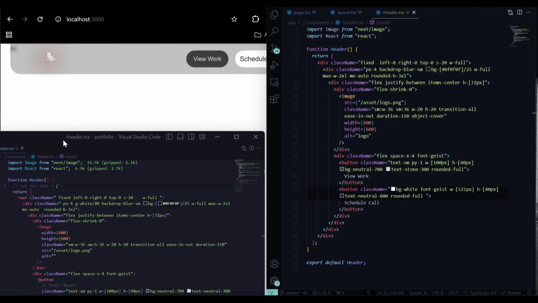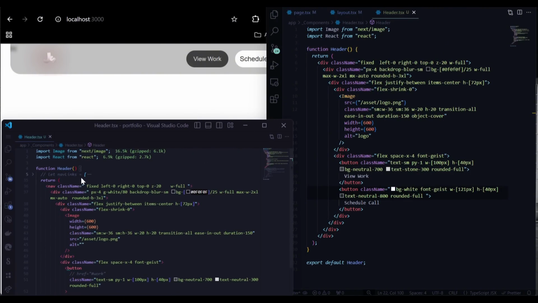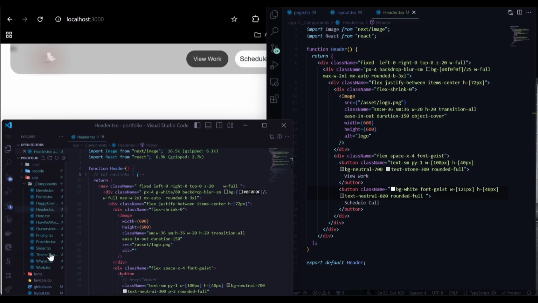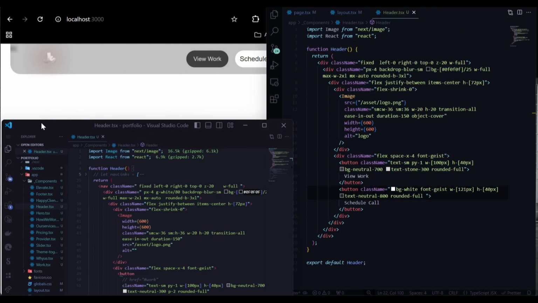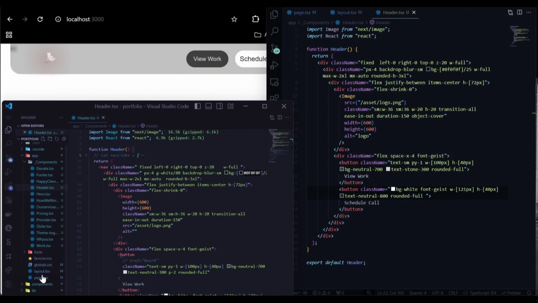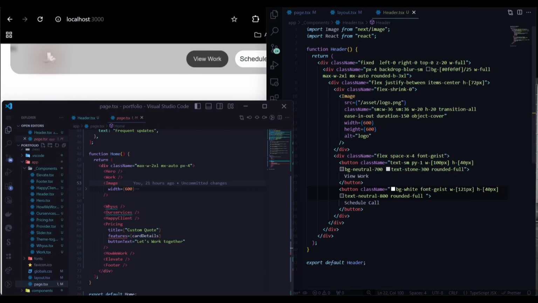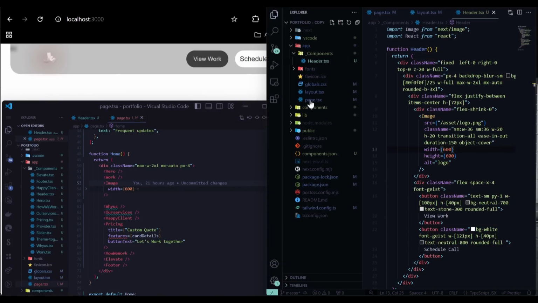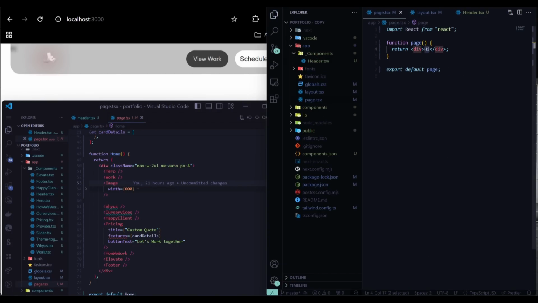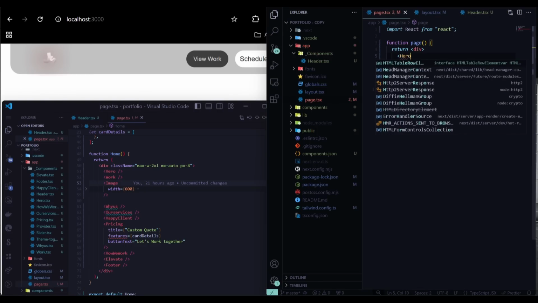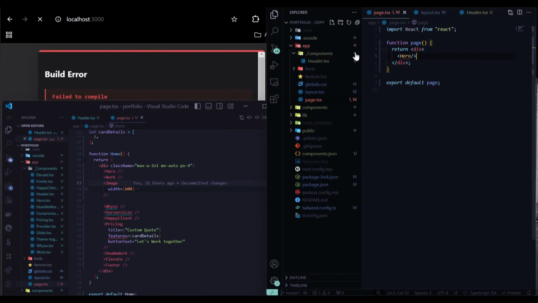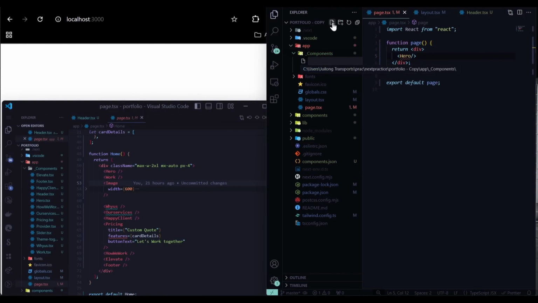We are going to see what we rendered here in the body. So apart from the header, we need to render something within the page. Okay, so here is a page, and the first thing within the page is we have a hero section. So here we're going to create hero. Okay, and then in here we're going to create a component and name it hero.tsx